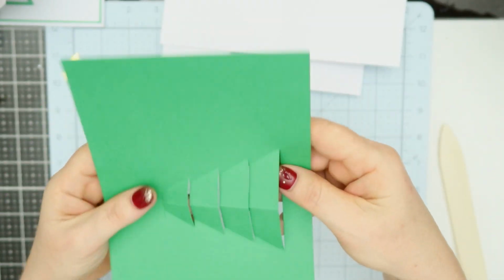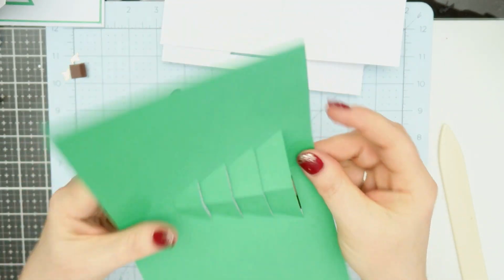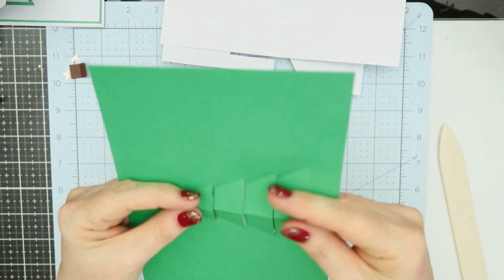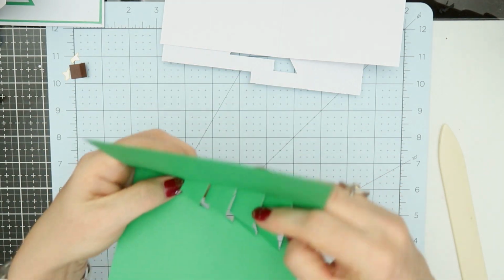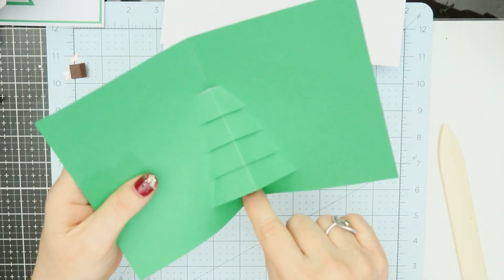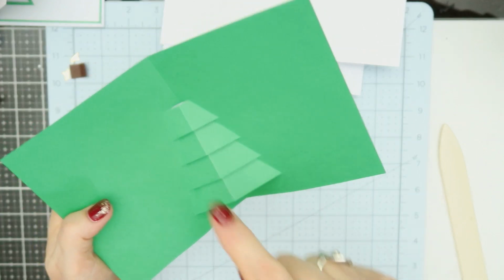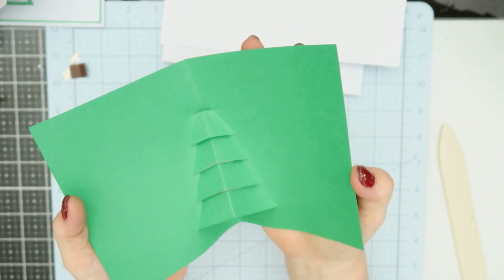So then once you've got those 4 there done, you can actually push them forward, because remembering that this is a mountain fold, so we can actually push that forward and then kind of fold the card, and you'll see that the top and bottom part are now going to change to a valley fold. So down the middle here stays as mountain, but the top and bottom is going to go to a valley fold. So once we do that, we're going to fold the card